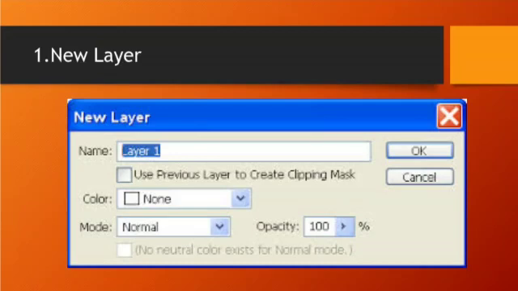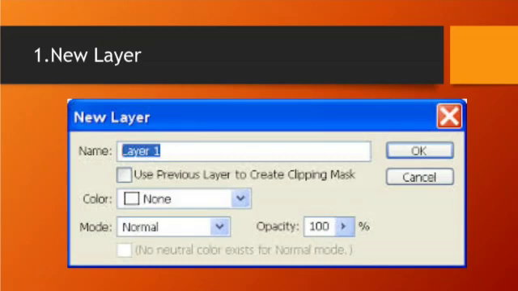If required, type the layer name. Then we can mention the name we want to give for that layer in the name box. Then if required, we can choose the color of the layer. Then we can choose the blending mode if required. The mode will always be set to normal.